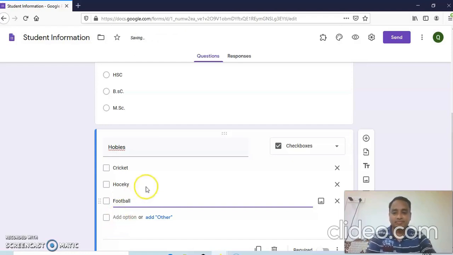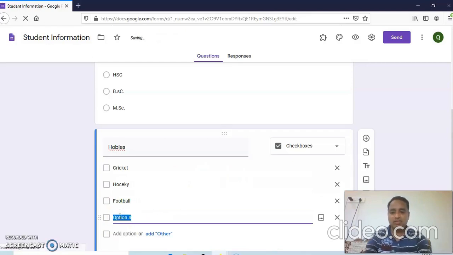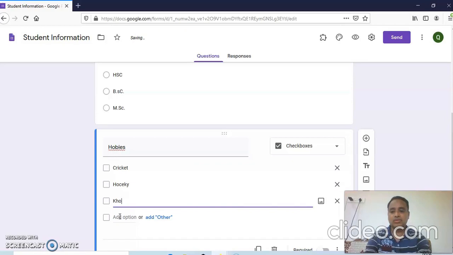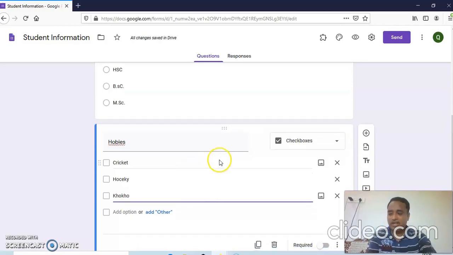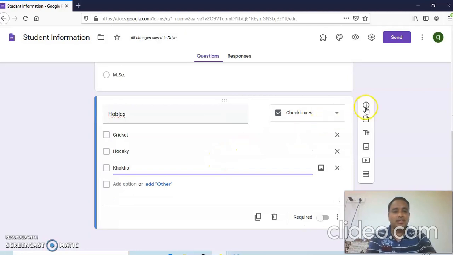These are the three hobbies, or you can add volleyball or badminton, for example.